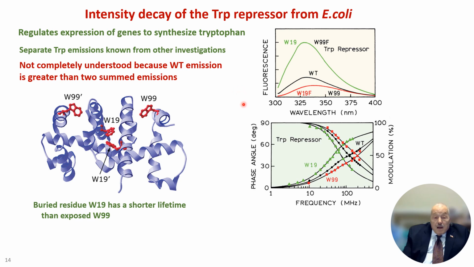The researcher here did enough experiments so he could separate the 2 emission spectra from the wild type protein. In the wild type protein, which is a dimer, there are exposed tryptophans, W99 here at longer wavelengths, and buried tryptophans,